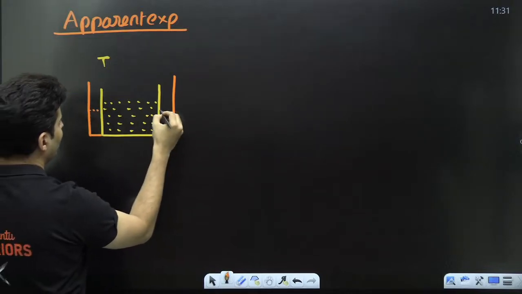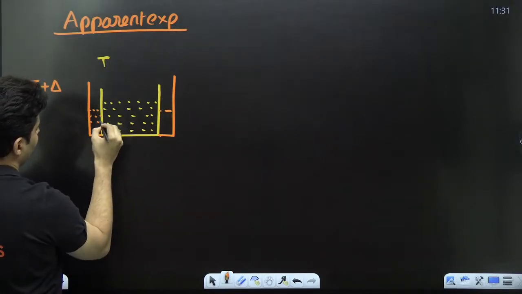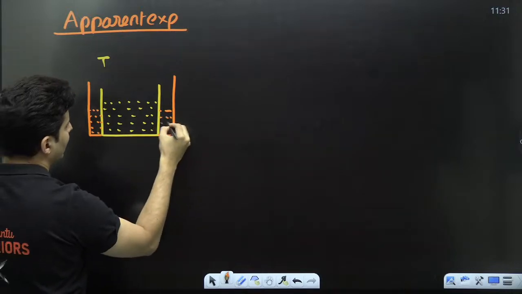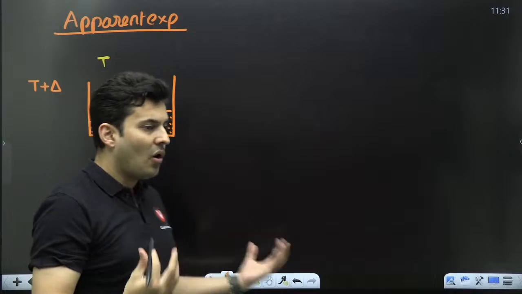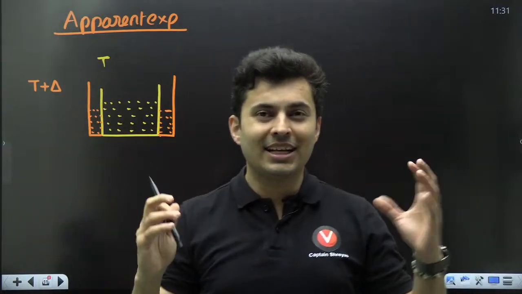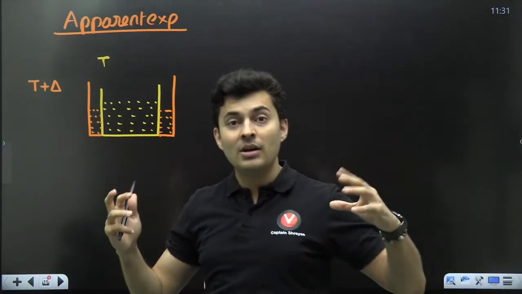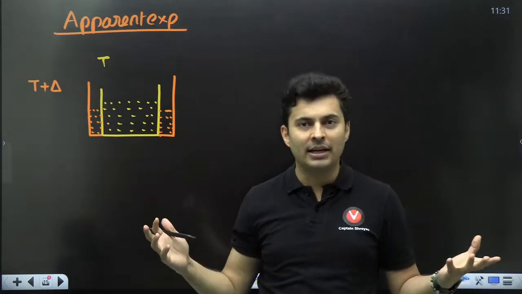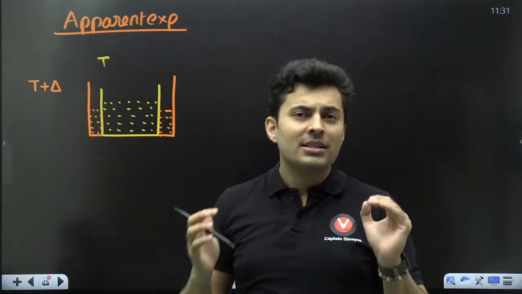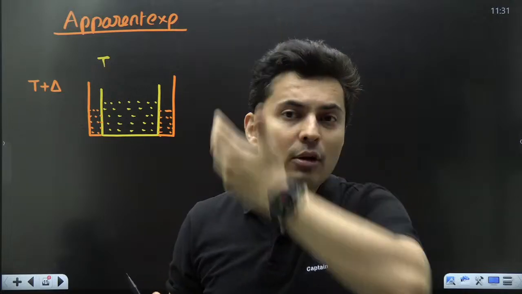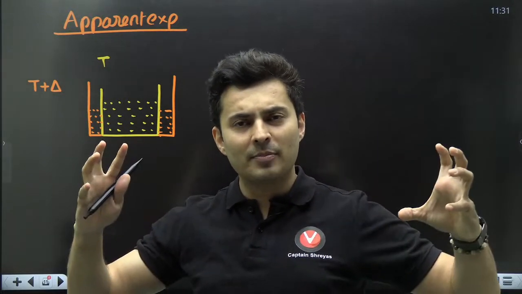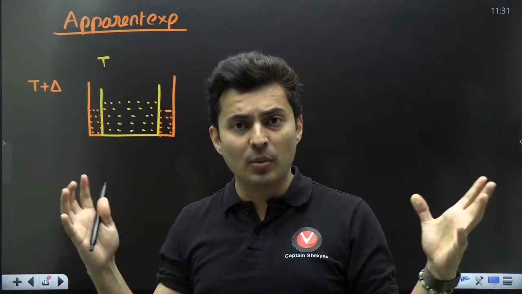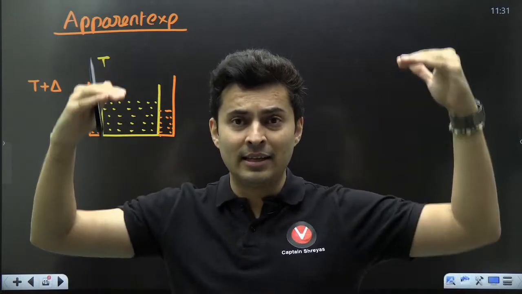So now you will see maybe the liquid might go up, might come down, depends. The liquid level might come down or it might even go up. It all depends on who will expand more, whether the container expands more than the liquid or the liquid expands more than the container. Just imagine both the liquid and the container have the same gamma. So the container also expands as much as the liquid,